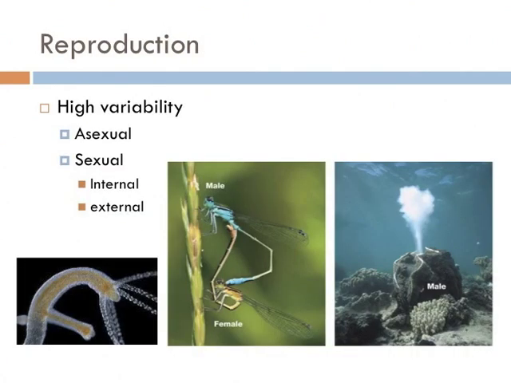And reproduction in animals is highly variable. It can either be sexual or it can be asexual, where an organism simply buds off an existing organism. The polyp in the left picture is a great example of this. However, nearly all animals reproduce by sex. However, the act of fertilization can happen internally, as in the case of dragonflies, or even humans, or externally, as in some fish, or in this case, coral.